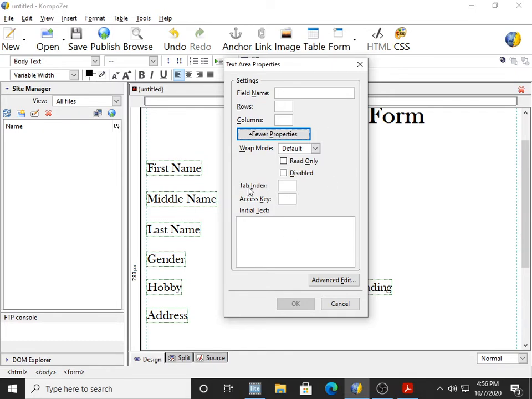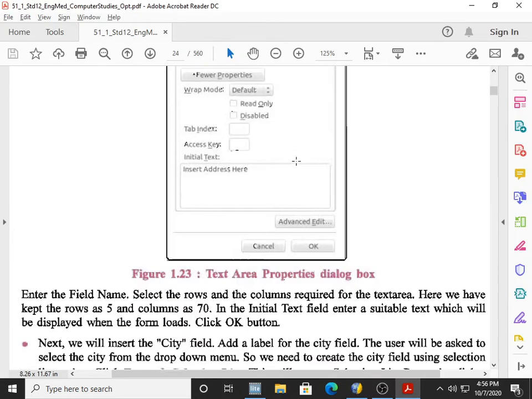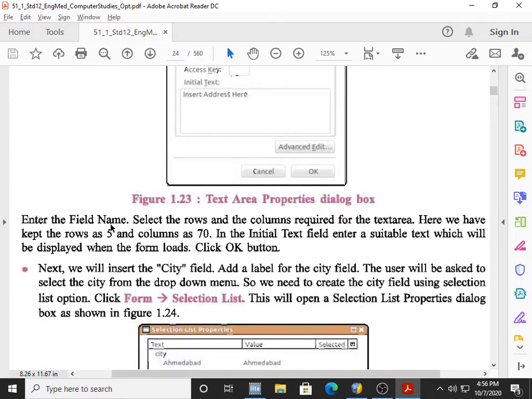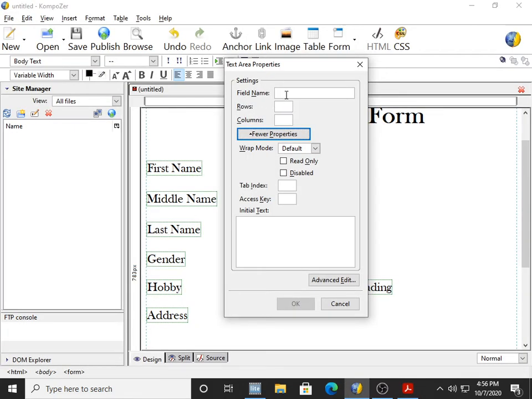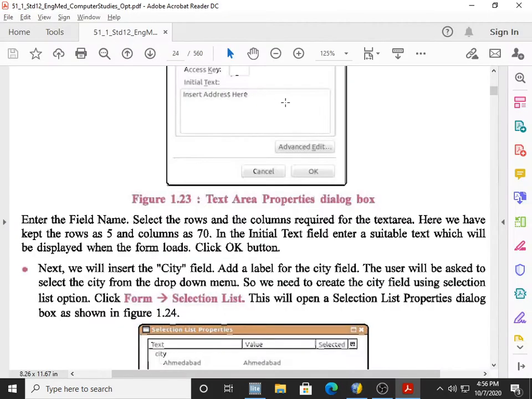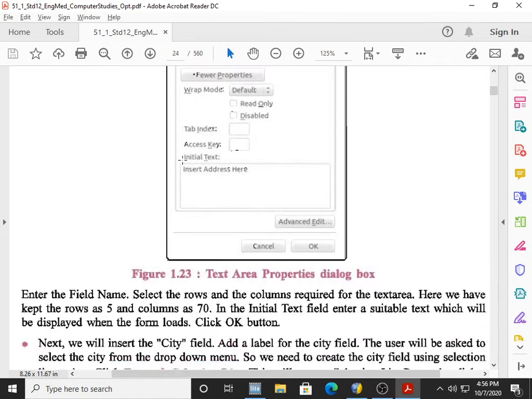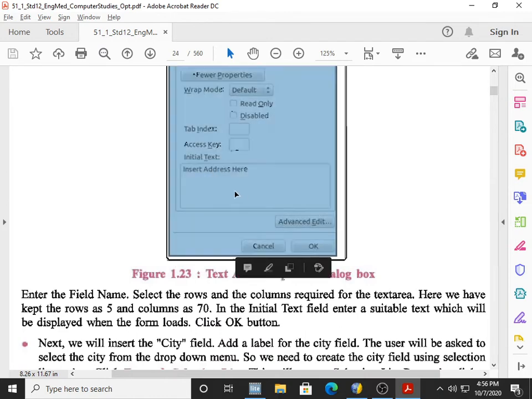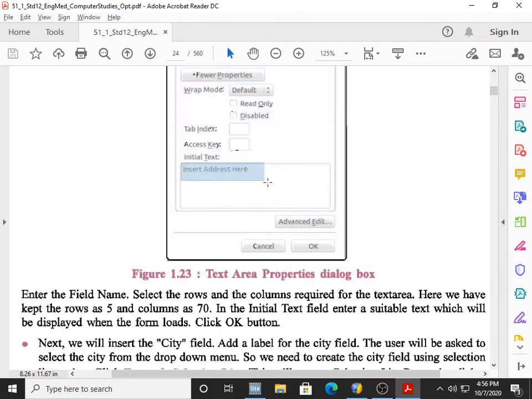Now what we have to do in this dialog box, look at this. Enter the field name. Here I will enter the field name, that is the name of the box, address, number of rows and number of columns. Here we will keep number of rows 5 and columns 70. And in the initial text field, we enter suitable text which can be displayed when the form loads, like here they add initial text, insert address here. So we'll also go for insert address here.